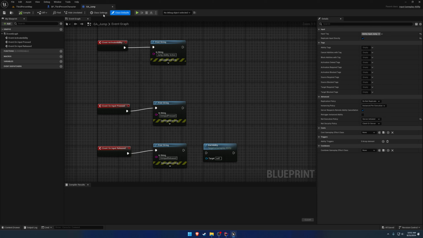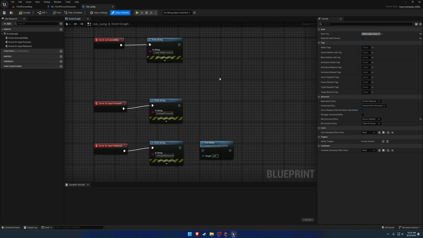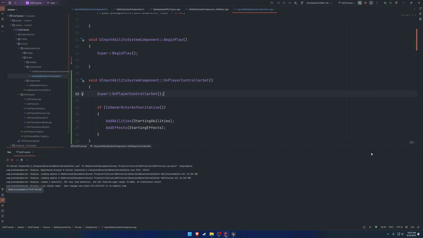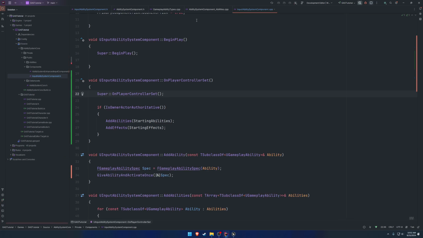So that kind of resolves our issue that was mentioned at the beginning. And now we want to set up some sort of system for basically dictating a passive ability. So we don't necessarily want to call give ability and activate once. We can go a little bit beyond, and this is where I was a little bit torn on